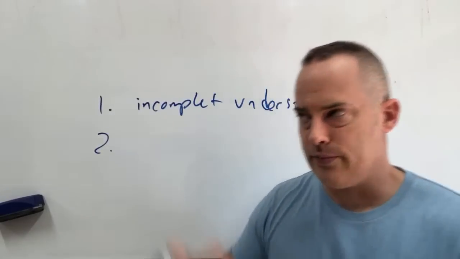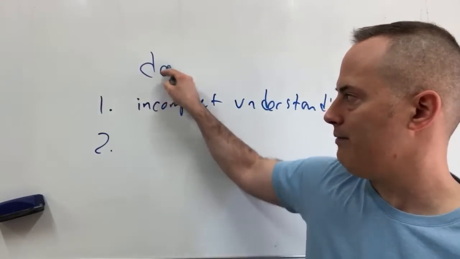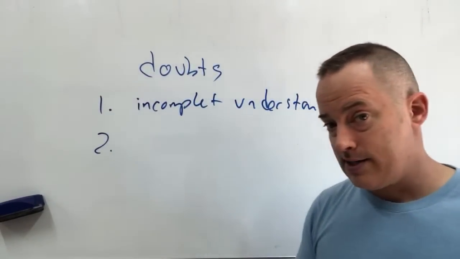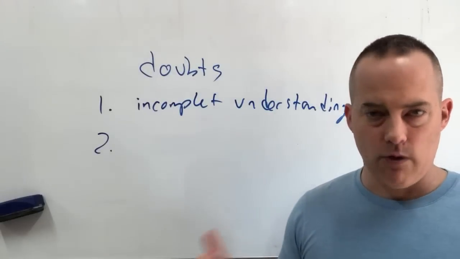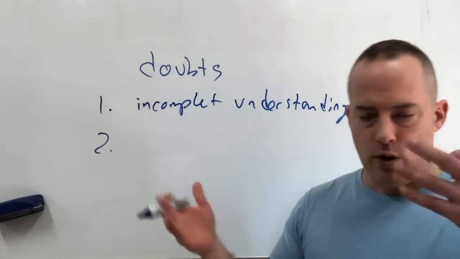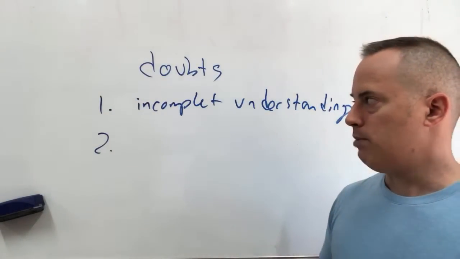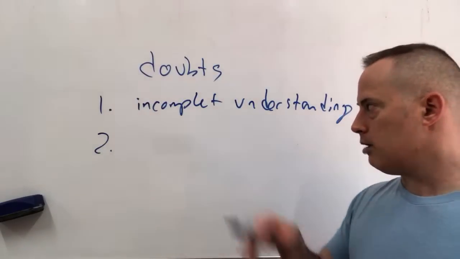So the core problem with learning is people have doubts when they try to speak. The moment you try to say something, or even before you try to speak, you're worried because you might make a grammar mistake or a pronunciation mistake, or you're worried maybe people can't understand you. There are lots of reasons why people experience doubt. And part of this is because of incomplete understanding.